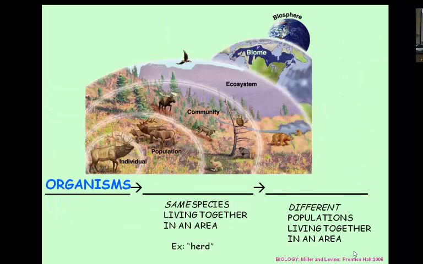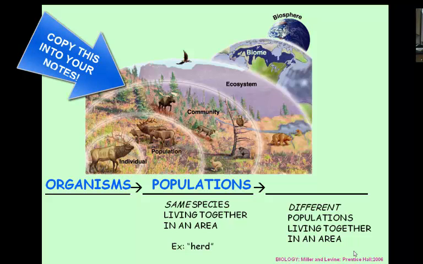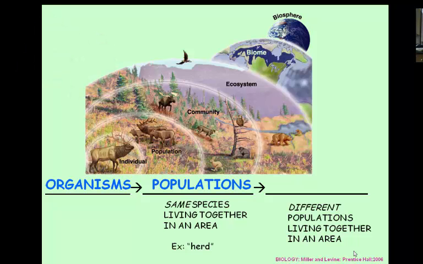So in ecology, we start off with the organisms. Organisms of the same species are going to make up a population. In your notebook, you should go ahead and copy this picture, or at least the circles in the picture. So you see the individual, then the population, community, ecosystem, biome, and biosphere, because you need to know that succession,